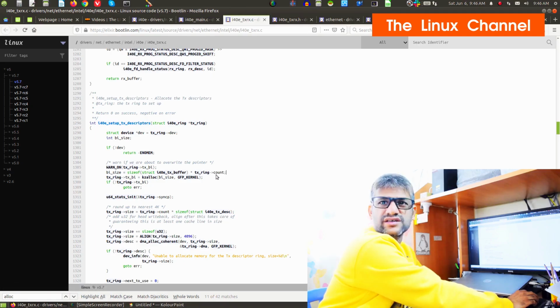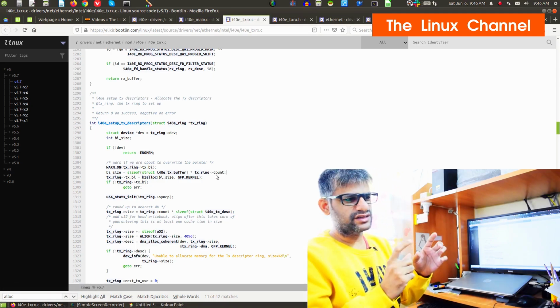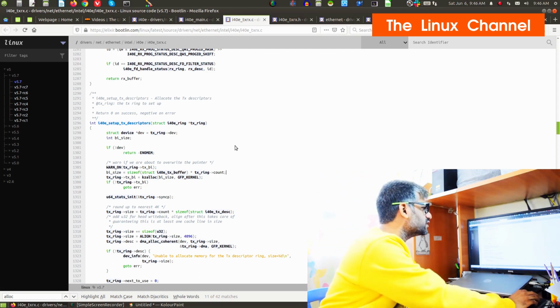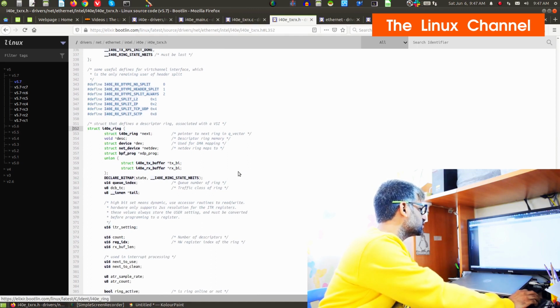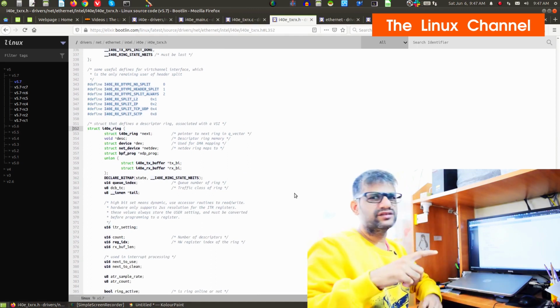Which is a ring of that count. So it is one. This tx ring, let's go back here. This tx ring is the entire ring buffer, and it may have a